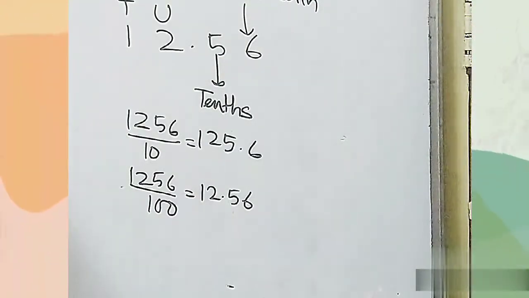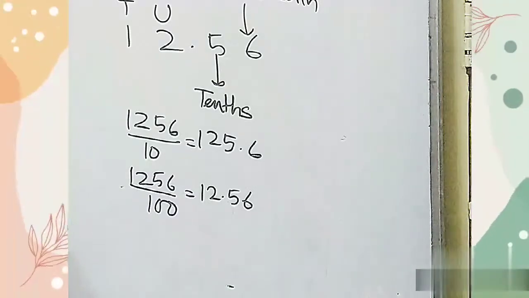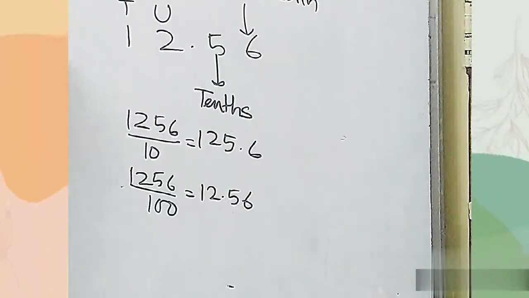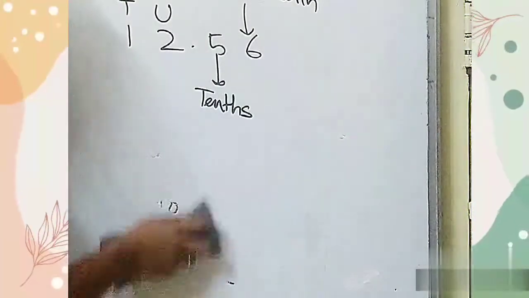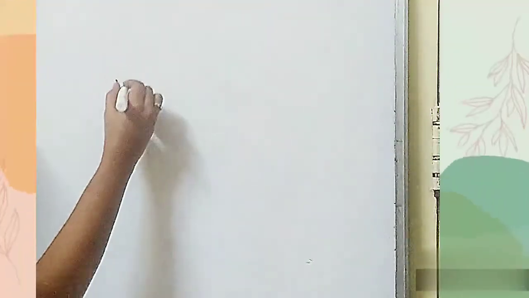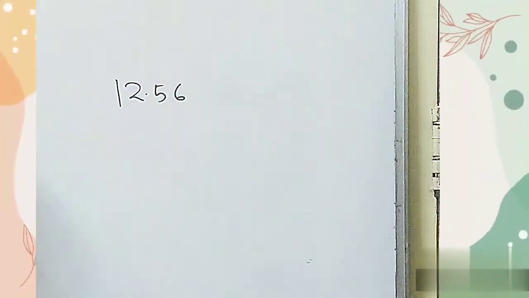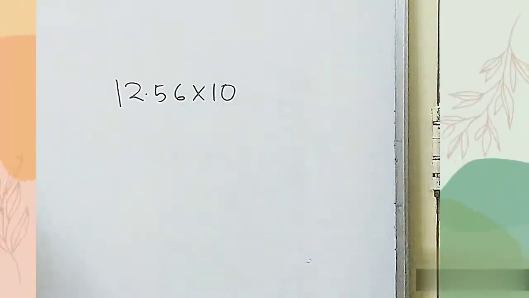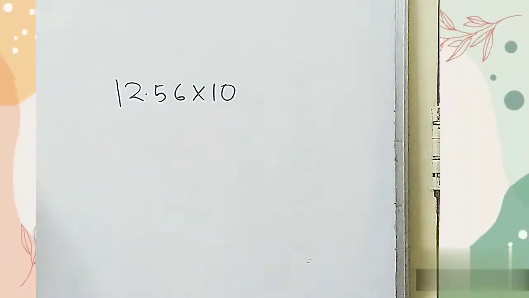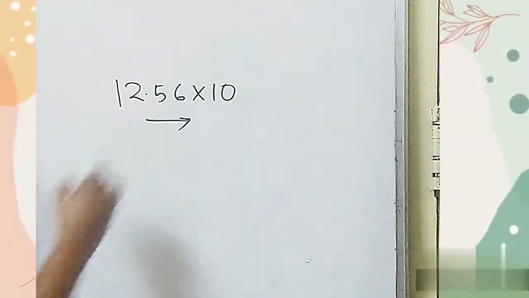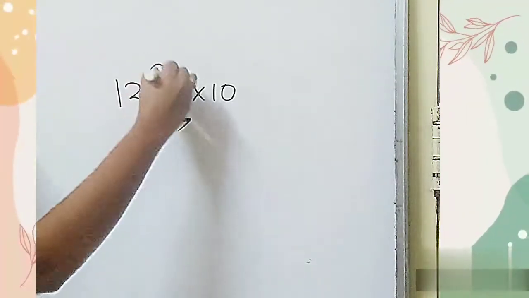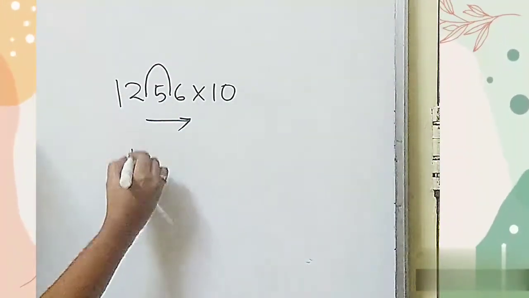Now we'll start multiplying or dividing by 10, 100 and 1000. What we are going to do is very simple. For example, I am taking 12.56, the same number, student. When you multiply by 10, you are going to shift the decimal point towards the right. Only one 0 is there, so I will shift the decimal point one time. So the answer will come